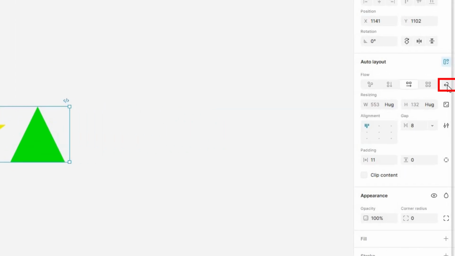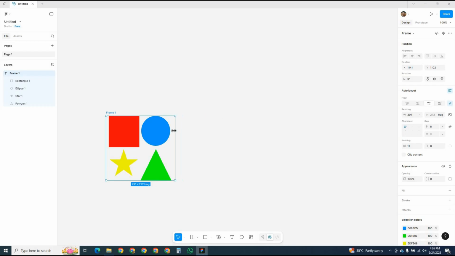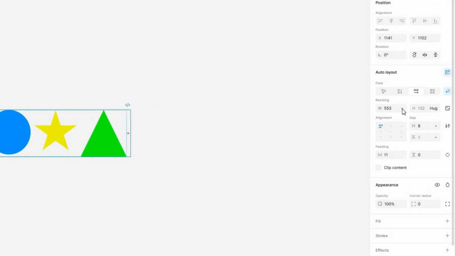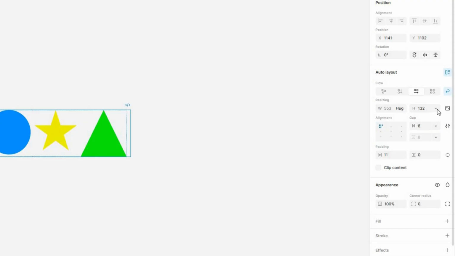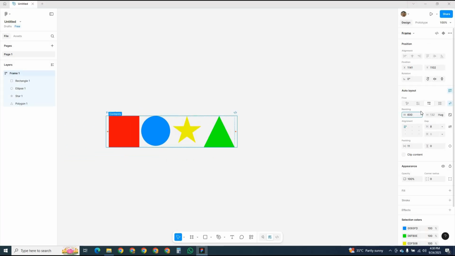For a horizontal layout, you'll see an extra wrap icon when horizontal is selected. Turn on wrap, and items will move into new rows automatically when there's not enough space on one line. Both horizontal and vertical layouts also include width and height drop-downs, where you can choose options like fixed sizes, hug to fit content, which can change size as you add more elements, or set minimum and maximum values. For example, set a max width of 600 px to stop the frame from growing beyond that size, even if